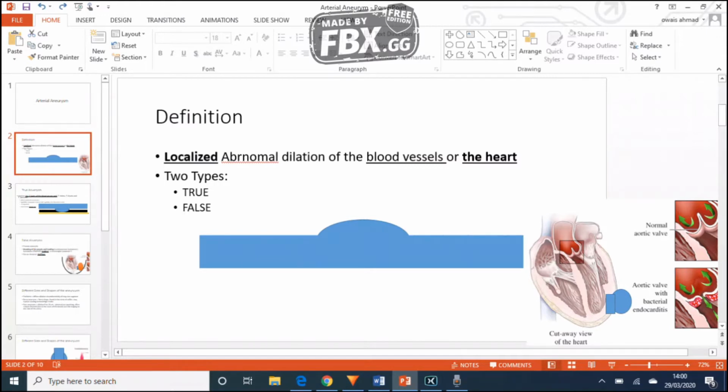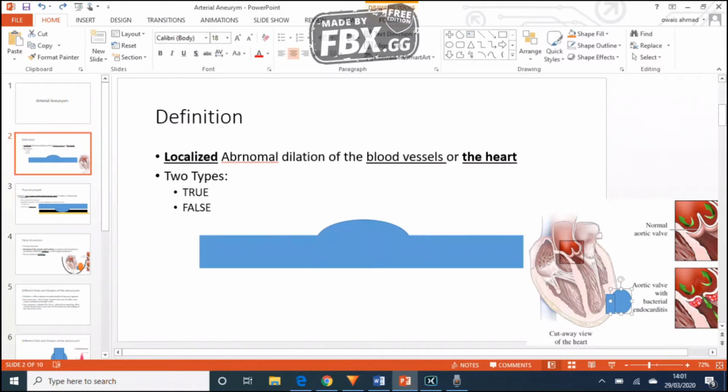The next thing that you need to mention is that it can be in the heart. So essentially it can be something like this. When I said localized, I went too fast, so I'll go a bit slower. It can be in either the abdominal aorta or thoracic aorta, one place in either aorta. You can't imagine it occurring many times in the blood vessel wall. No, it's just going to be in one area. So it means a specific area.